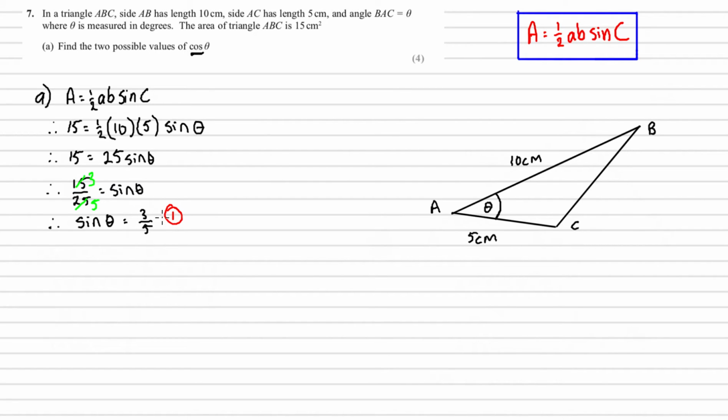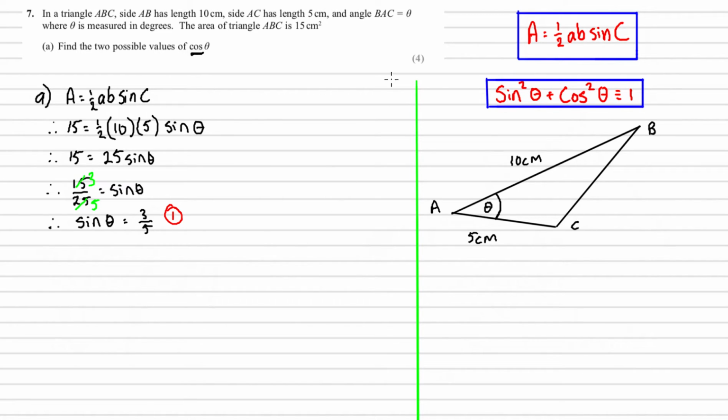So we haven't finished yet. We've obtained sine theta, but what we want is cos theta. As I mentioned before, we're going to be trying to think of a relationship between sine theta and cos theta, and that's expressed in this very well-known identity. I'm just going to separate the page so we don't get confused with different sides of the working out. So, sine squared theta plus cos squared theta is identical to 1. If I write that down here, sine squared theta plus cos squared theta